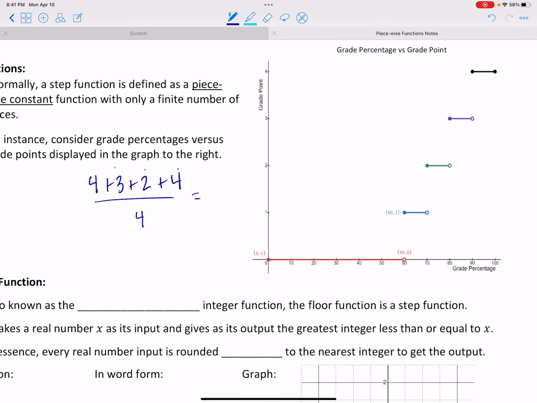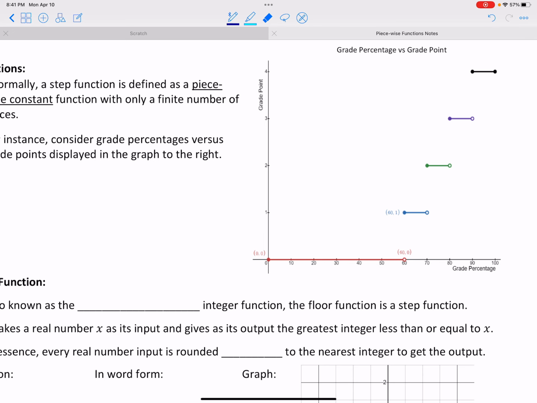13 divided by 4, is that what I said? Yeah, 13 divided by 4, that would be what? 3.25 for your GPA. So that's how your GPA is calculated. Each of your percentages, your grade letters, translates into a number of points. Okay, so when we are doing this